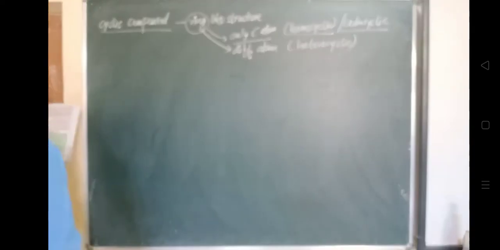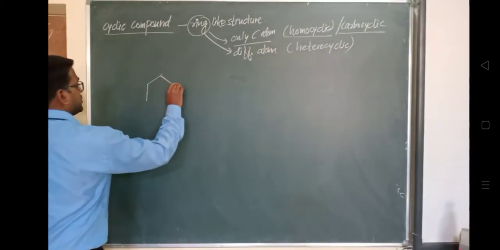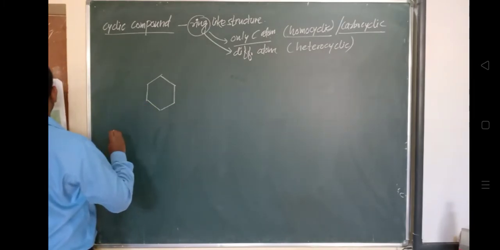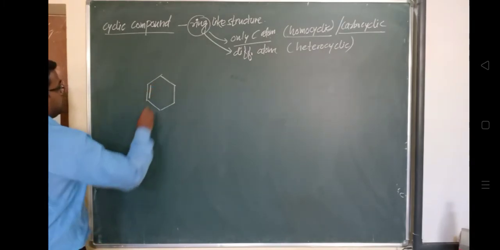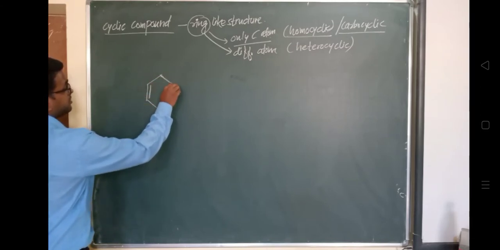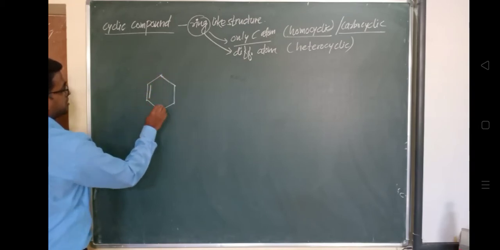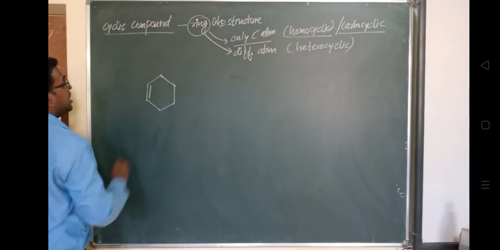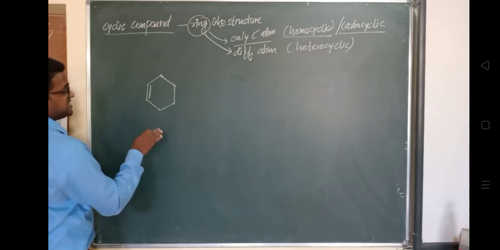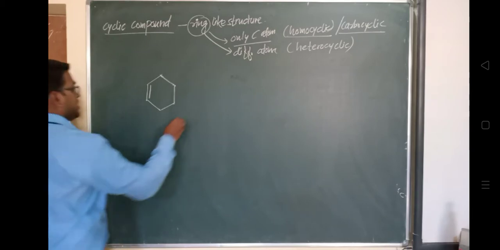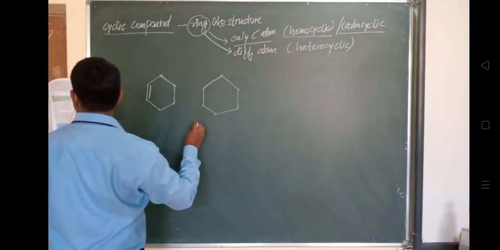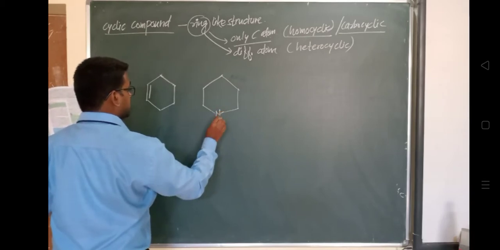In this structure, the first important thing is that a ring must be there because it is cyclic. Right now if I draw a structure like this, there will be one carbon present at each node. At each corner there will be a carbon atom, and this will be called a homocyclic because only carbon atoms are present in this structure. But if we talk about another structure, let us see this structure. This is nitrogen and this hydrogen is attached to it.